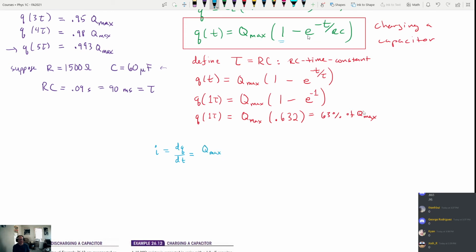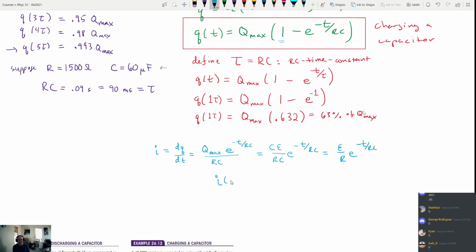So we have Q max. The derivative of negative e to the negative t over RC is going to be e to the negative t over RC, still negative. From the chain rule, we're also going to have to multiply by negative 1 over RC, so that'll cancel out with the negative sign, and we'll get Q max over RC times e to the negative t over RC. But if we remember that Q max was equal to C times E, and we divide by RC, then the C's cancel, so we get E over R. But we also said that E over R was the same thing as I max, so normally the way that we would write this is that